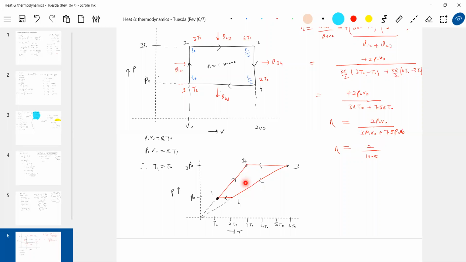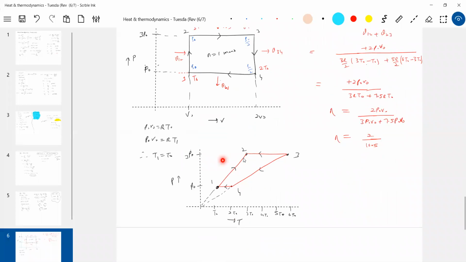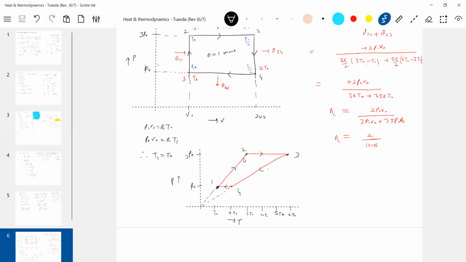But here the area under the PT graph will not be the work done. So what you should do in this case is calculate the heat exchange, heat absorbed and heat rejected. Whenever it is other than a PV graph, you should take help of the heat exchange. From there you have to bring it: Q positive by Q negative. When a PV diagram is there, then you are able to tell the work done.